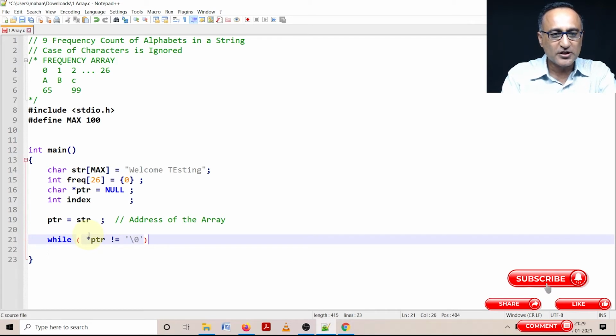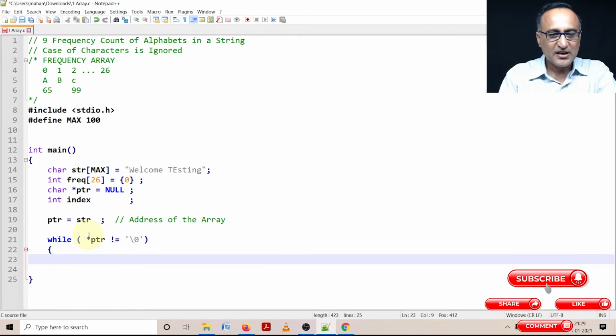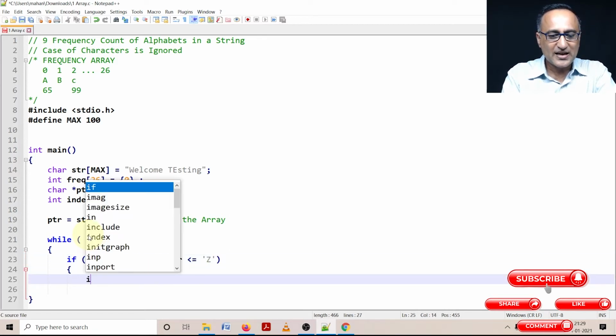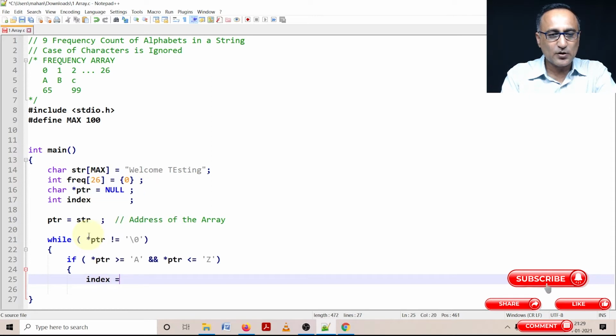I am going to do certain processing. First, I check whether the location pointed to by PTR is greater than or equal to capital A and less than or equal to capital Z. If the input alphabet is between A to Z, then I am going to calculate index as the value at the location pointed to, minus 65.